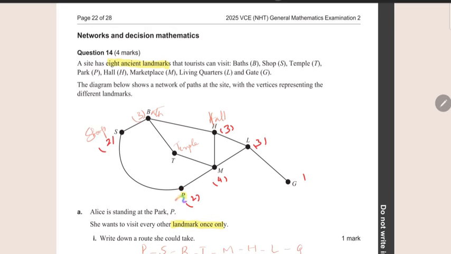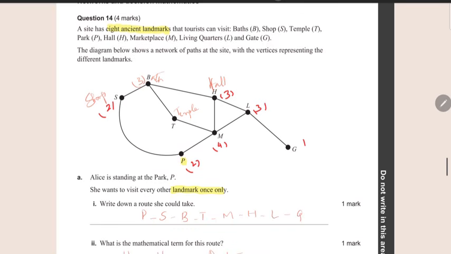Now, clearly you can see that if you have to go to G, first from P, you have to come back and visit L 2 times. So you're not going to take that particular route first. So it's best to actually go along, and that will take you, okay. So we go, and that should be the route that she takes, and you write that down starting with P and ending at